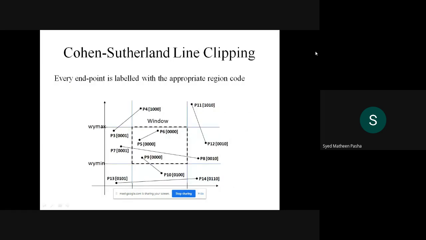Check out here. There is an example where 9 regions are divided, with respect to which I have defined a huge number of lines. You can check, this is the window which needs to be displayed onto your display screen. These are the unwanted lines being displayed here with respect to coordinates. Then every endpoint is labeled with the appropriate region code. You can check each and every point; it consists of a region code. So the P4th region code is 1100. The P11th region code is 1010. So this is an example for region code. That is the first phase.